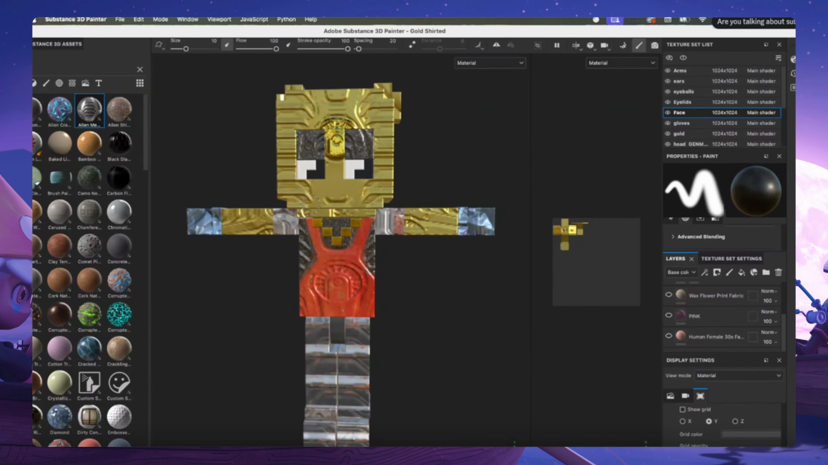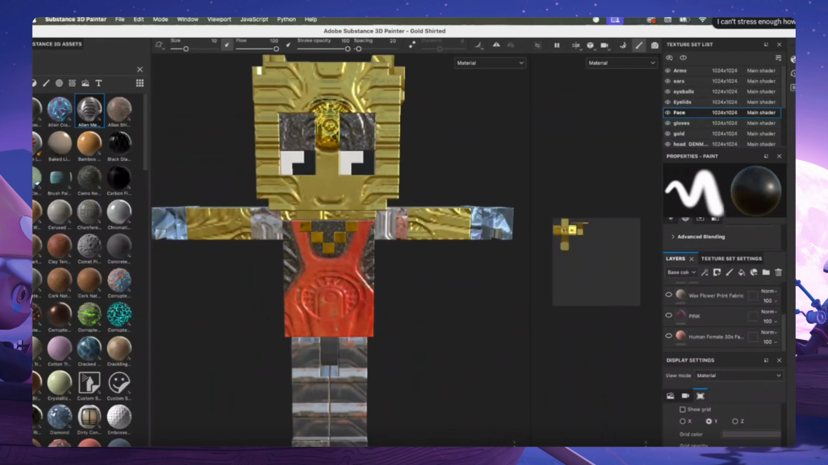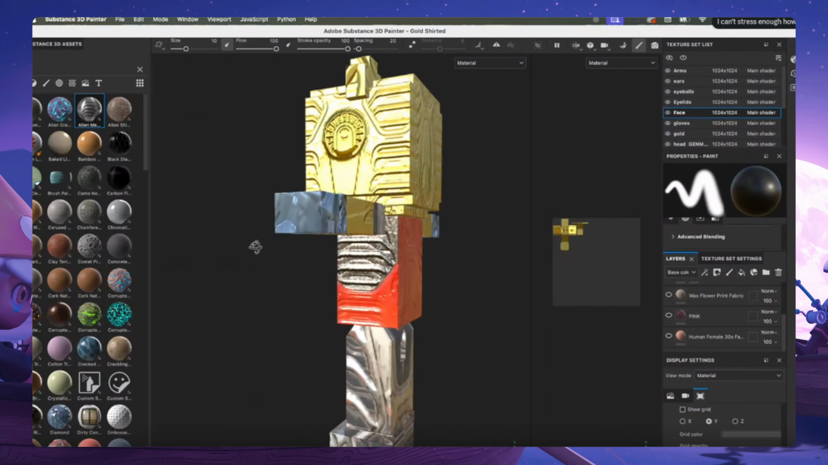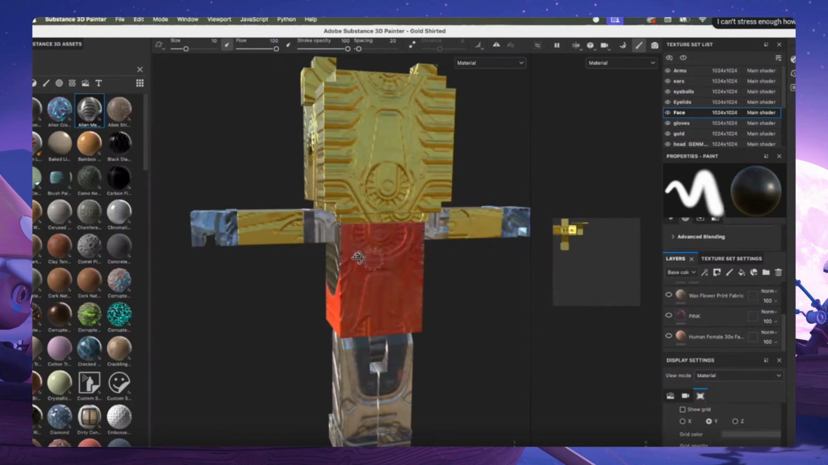I hear somebody was saying they have trouble with unwrapping. This was already unwrapped. I didn't have to do anything. So that's what was cool about this. I was like, oh, neat. I can just go play and have fun. Awesome, versus